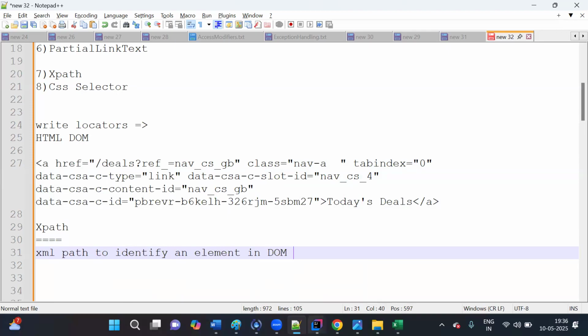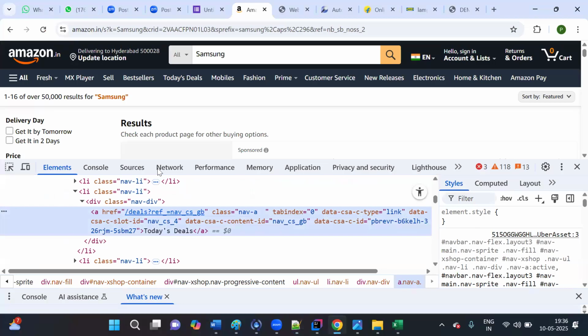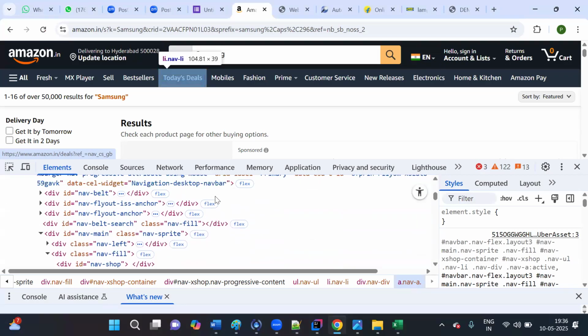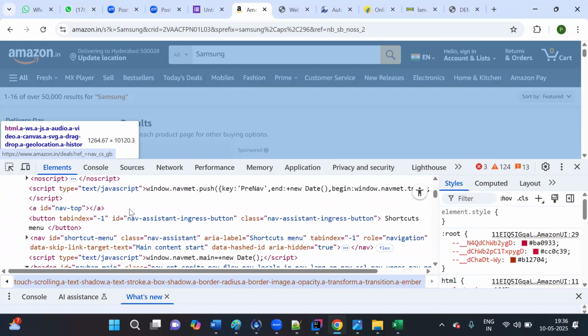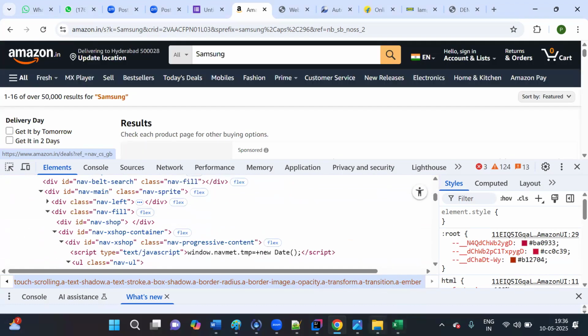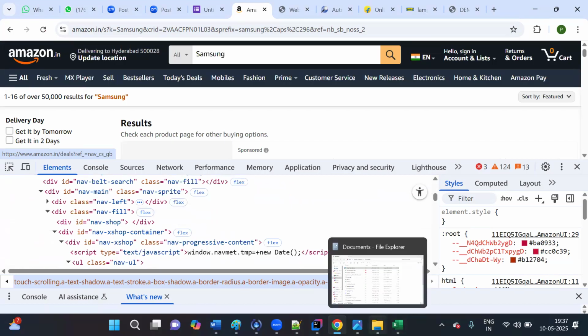For example, this is the HTML element. How are we going to identify this? This is today's deals element in the web page. We identify it by using this HTML representation. This is the path. From here, we are going to navigate to here. It's kind of like, if you want to identify some file in a folder, how are you going to identify it? You open the desktop, inside that desktop you're going to have some path, inside that folder you're going to open the file name. That is the hierarchy. In the same way,